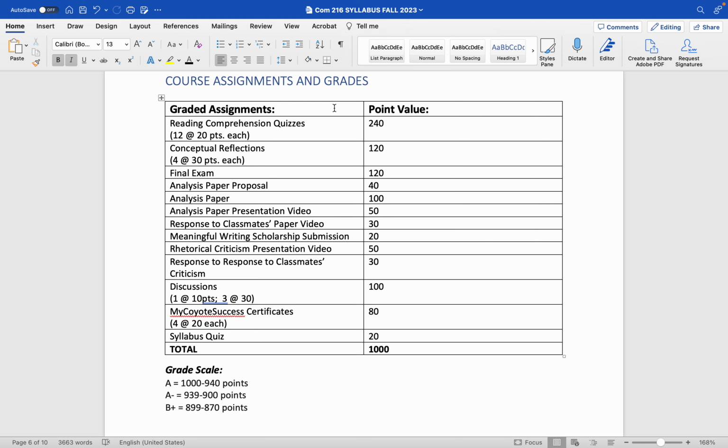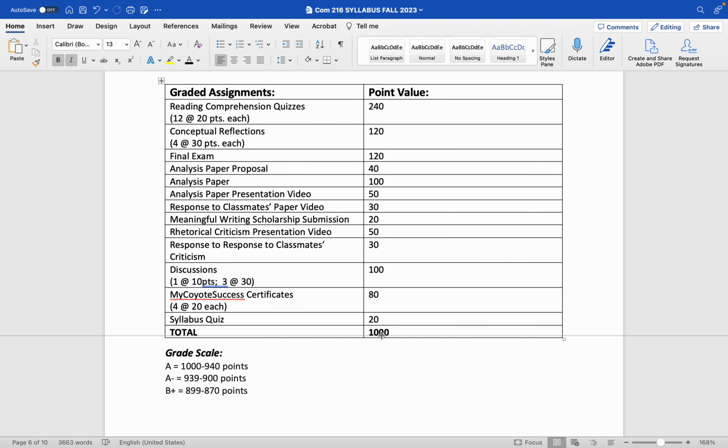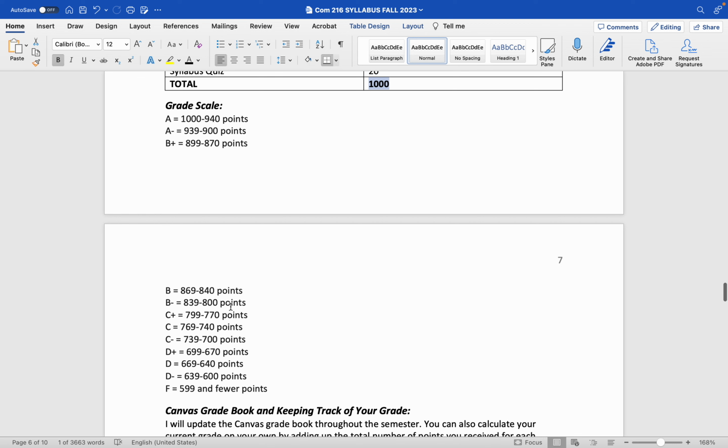Here's a chart of the graded assignments in the course and their associated point values. That's very helpful. Just notice that the course is out of 1,000 points. So at the end of the semester, I'm going to look at the whole number of points that you earned on each assignment. I'm going to round that to the nearest whole number, and then I'm going to find the letter grade on this grade scale here that's associated with that number,